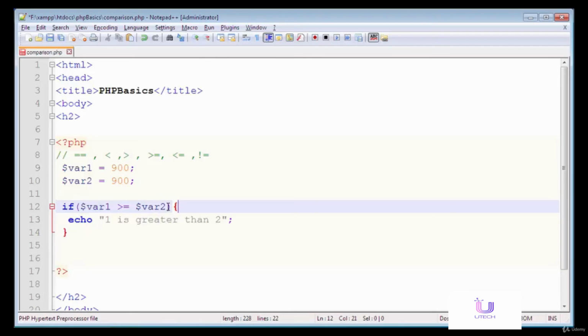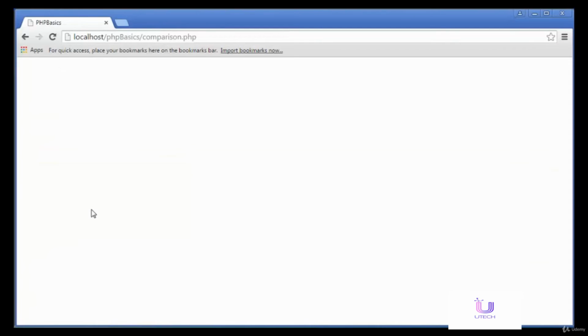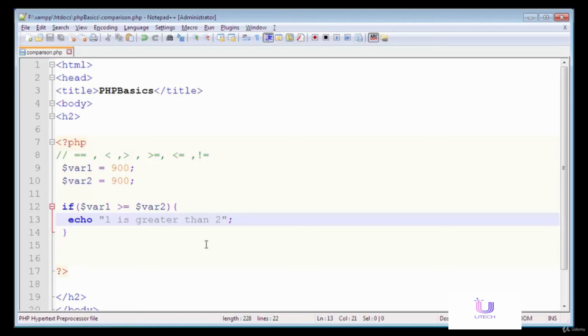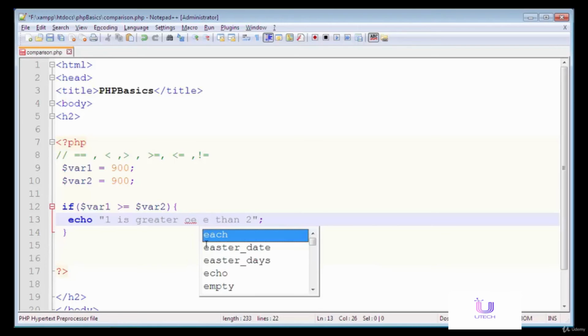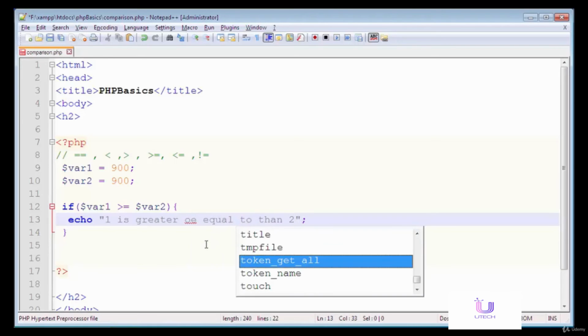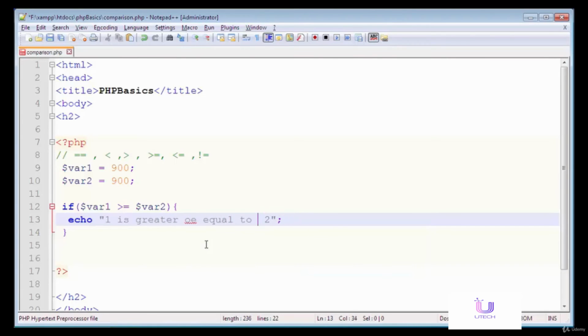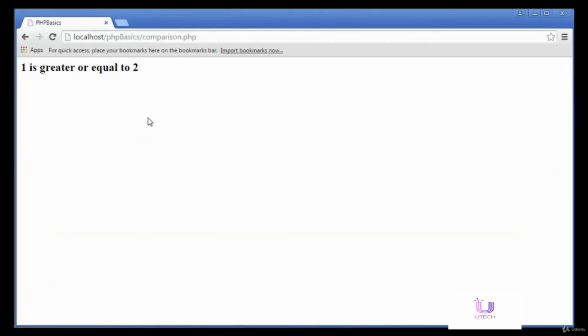If one condition out of both of these conditions is true, then this message will be displayed on the web page. Now save this file, open in the web browser, refresh the page. You can see that 1 is greater than or equal to 2.